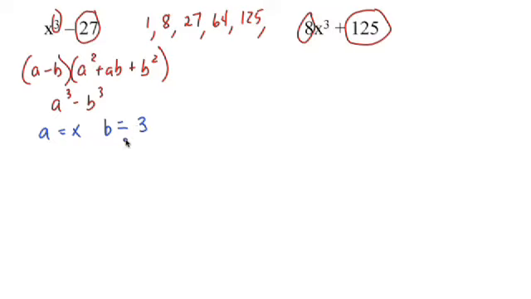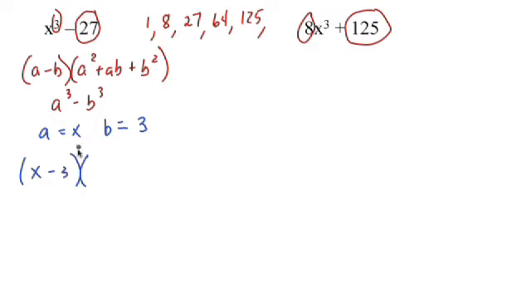Right. There's one formula for problems that are A cubed minus B cubed, and as Jerry will show you in the second example, there's also a formula for A cubed plus B cubed. So you don't have to worry about the sign when you figure out A and B. Now we're going to go straight to the final answer. Substituting in our x and our 3 for A and B, you get x minus 3.